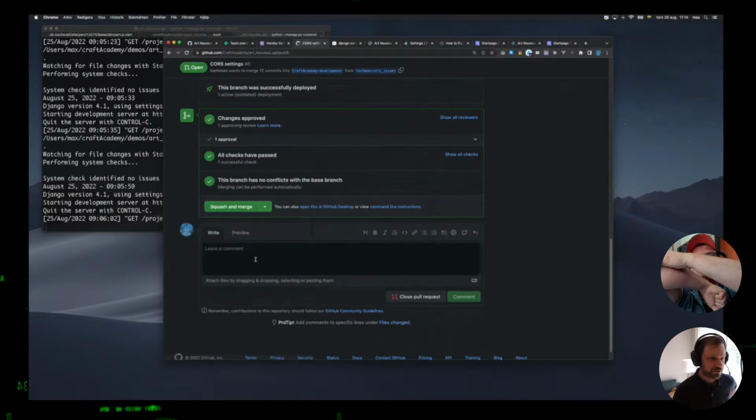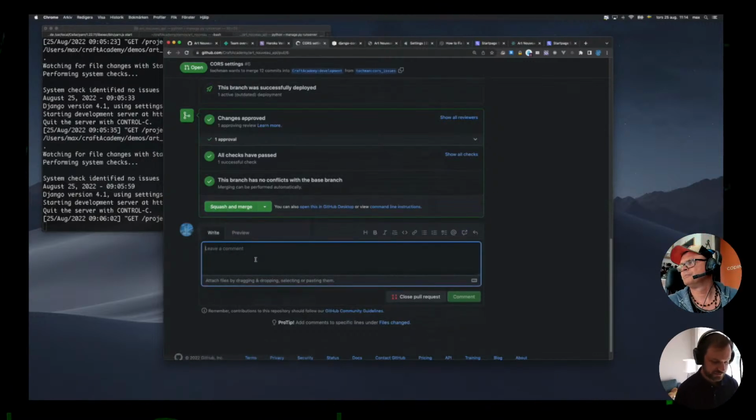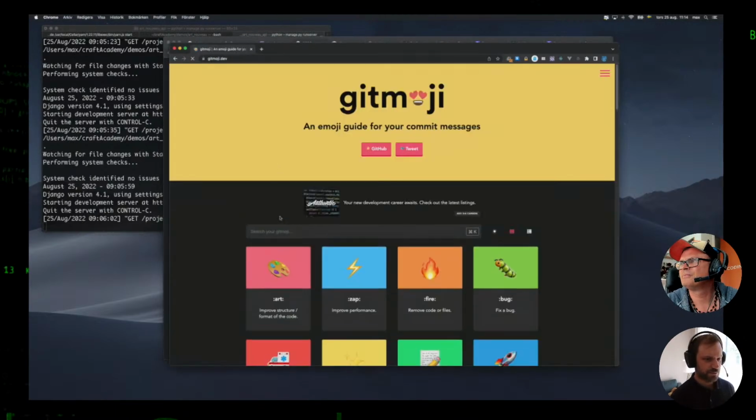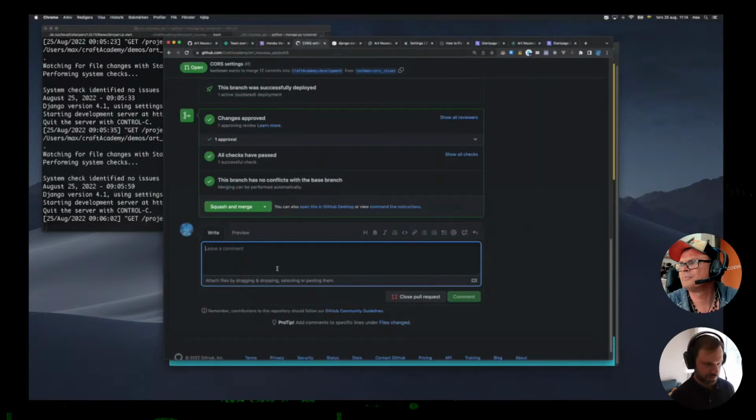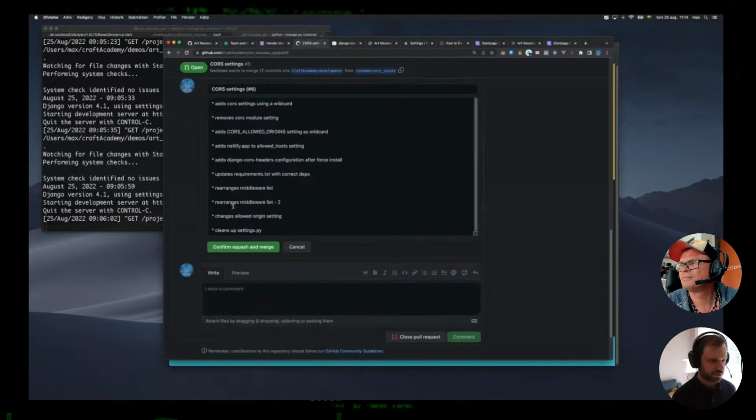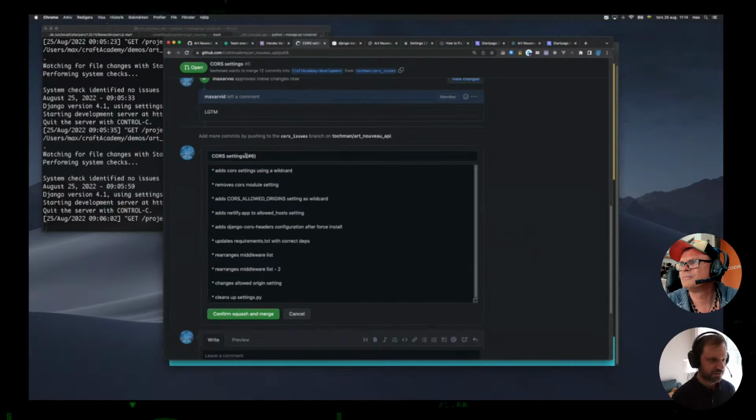Thank you. Merge. And this is deploy. Oh, what's the Git emoji for deploy? There we go. It's a rocket, of course. Right. So we're going to squash and merge. And I want to say,